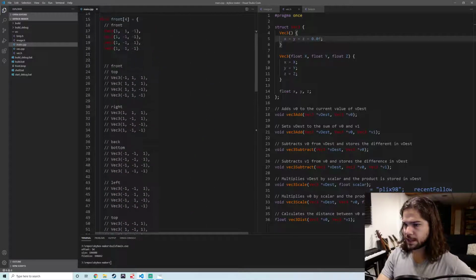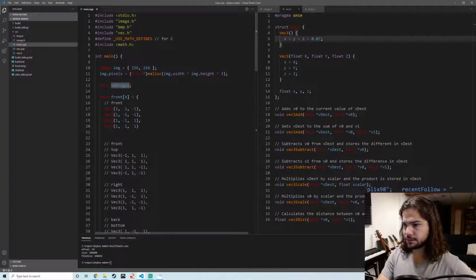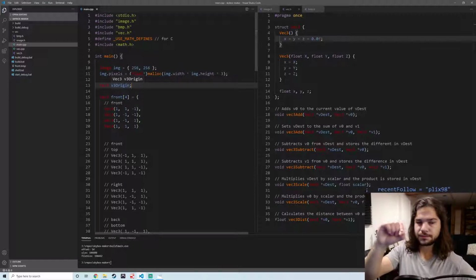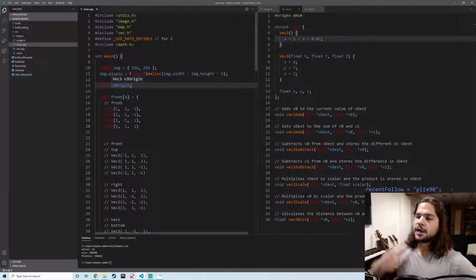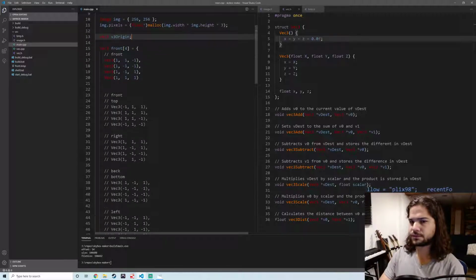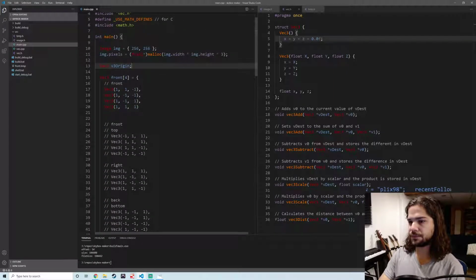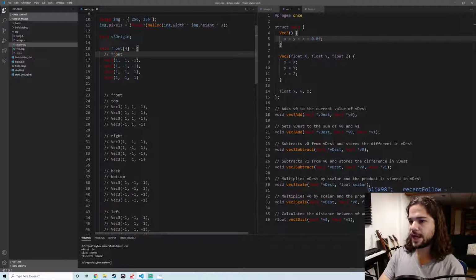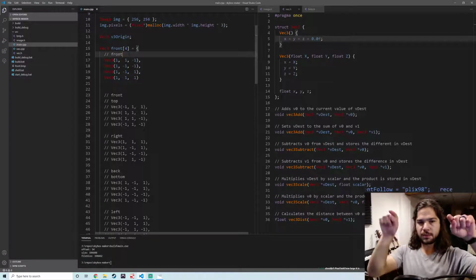I just use that as a constant to say the origin of whatever we're doing. What I have here, I just call this front. So this is an array of 4 vectors that represent the